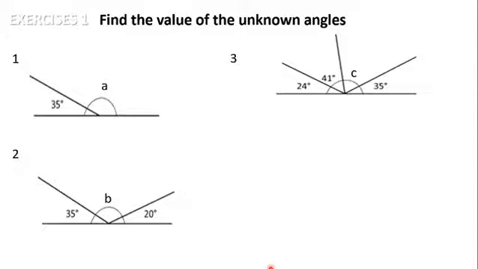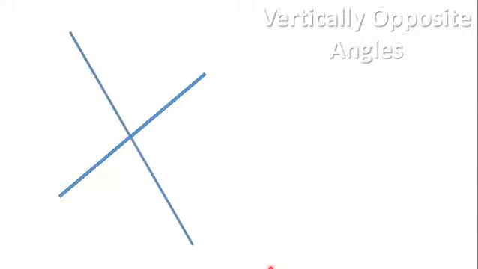Now let's move on from there. We'll be looking at vertically opposite angles. And we'll start by considering this line right here. We have a slanting line right here, and then we have another line that crosses that initial line. Remember, these are straight lines, okay, but now one is crossing the other, and we want to measure the angle